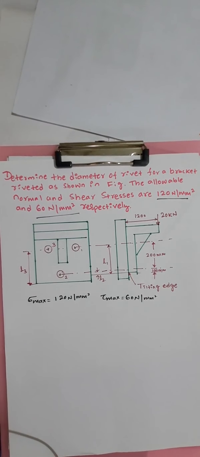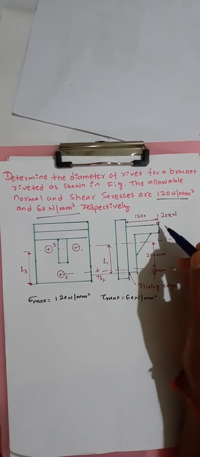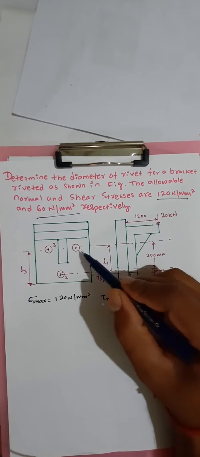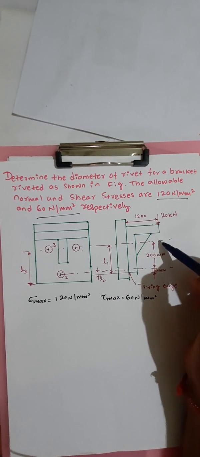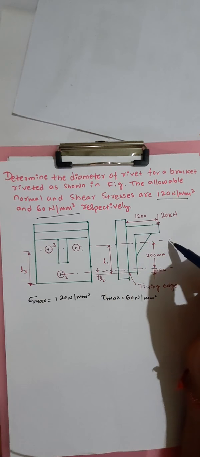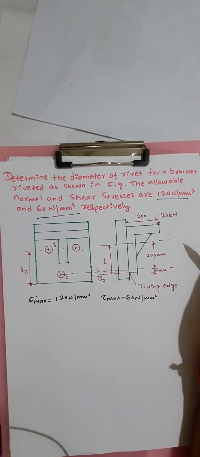Today we will discuss some more very important problems based on the riveted joint which is subjected to eccentric loading. In that we will discuss the type 2 problems, that is eccentric load acting perpendicular to the axis of the rivet. For example, if you observe here, this is the axis of the rivet, and the eccentric load is acting perpendicular to this particular rivet axis. This is also one of the important methods related to riveted joints.